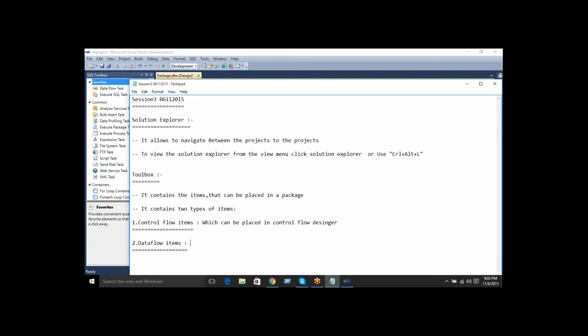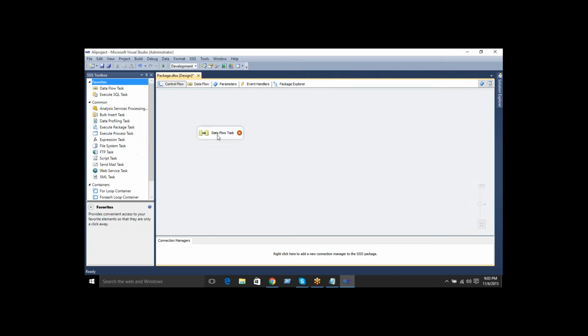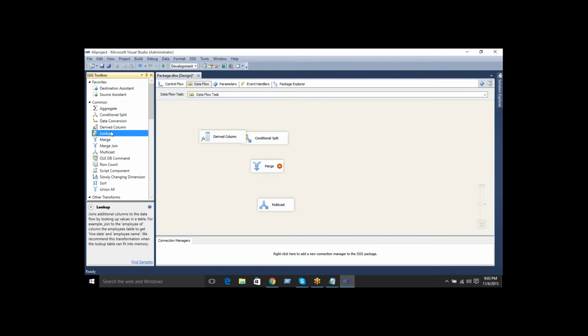So what are the data flow items? They can be placed in the data flow designer. Once you create a data flow, then you can add any items in the data flow designer.